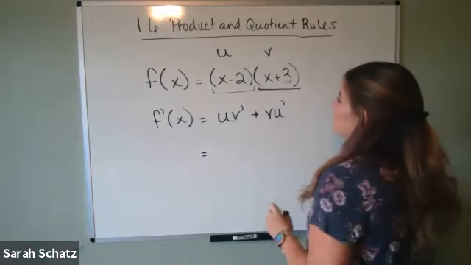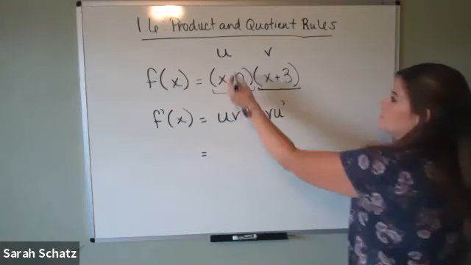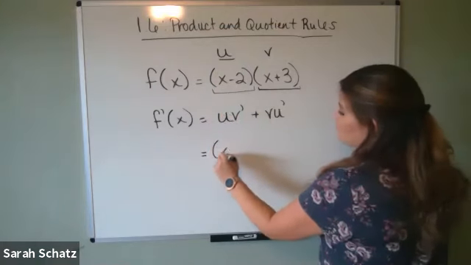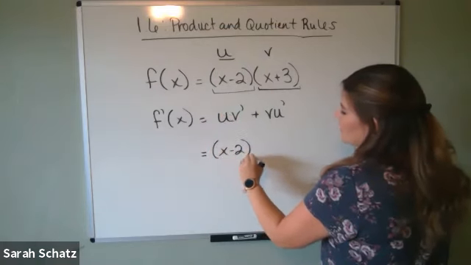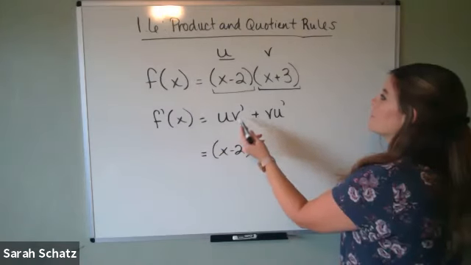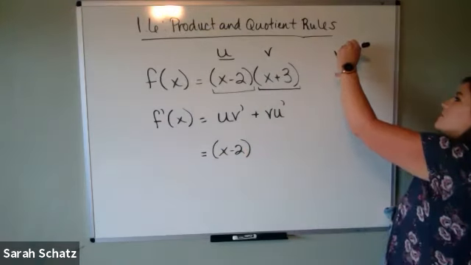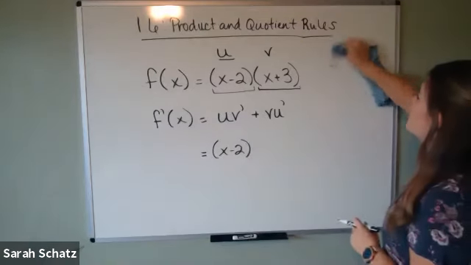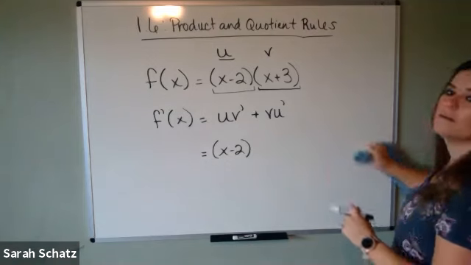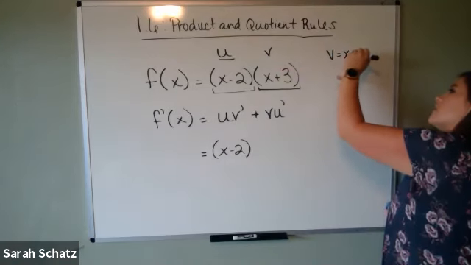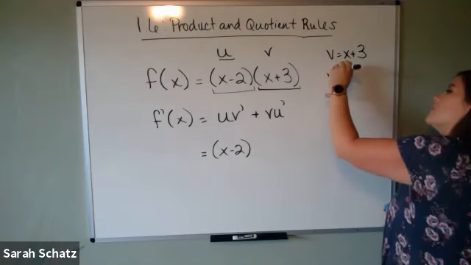Okay, so original U, that's going to be this x minus 2, the whole thing. So I do x minus 2. Now I need the derivative of V. So you guys, I would take this over to the side. You might even start with writing V. So V is x plus 3. The derivative of V,